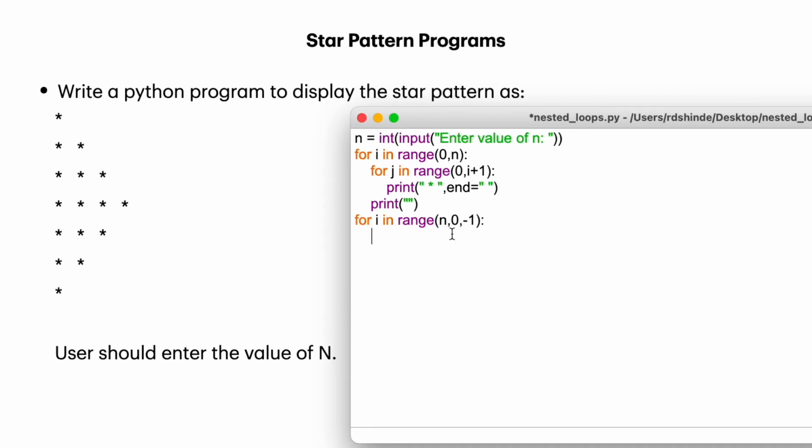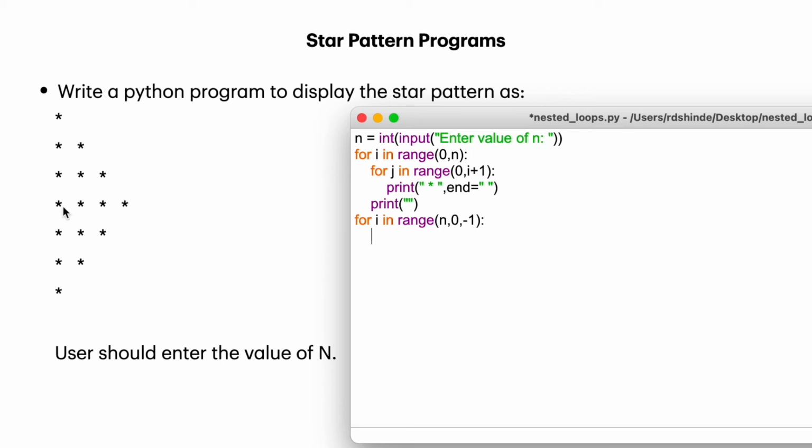Now just notice a difference here. In the last session, we started from n plus 1, we went till 0, and we were decreasing the value of i by -1. But here we are starting with n, and we are going till 0. No extra value is added here.